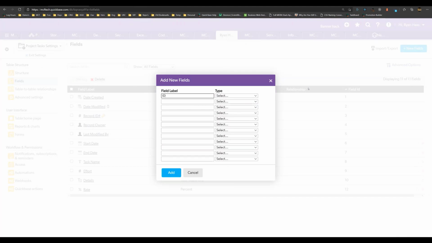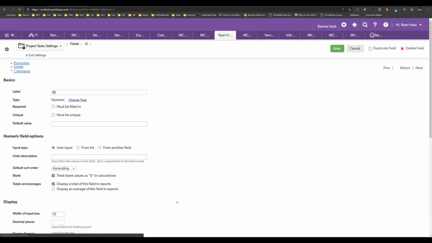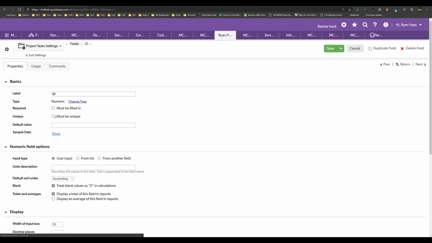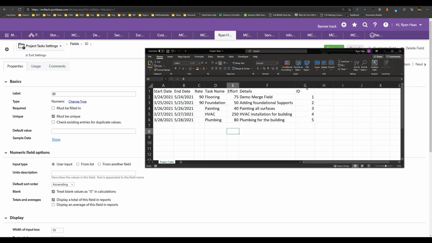So I would call it ID and I would give it, let's say, a numeric value. There's one extra step that I need to do to make sure that this is a merge field in QuickBase. I need to come in and click must be unique after this field is created. So once I've done that and I click save, what's going to happen is each time I import this document,